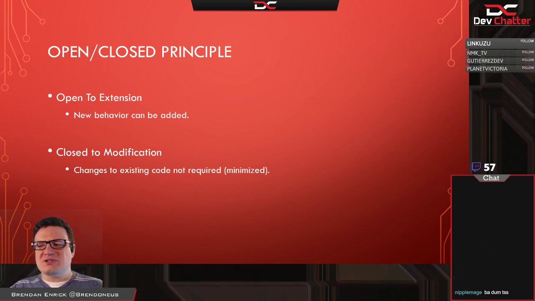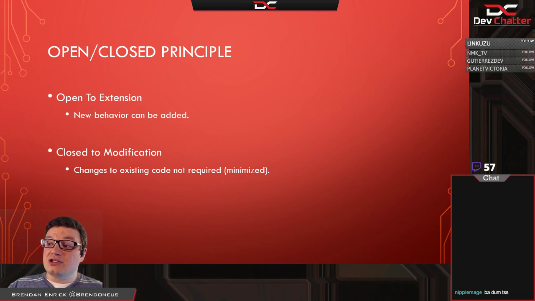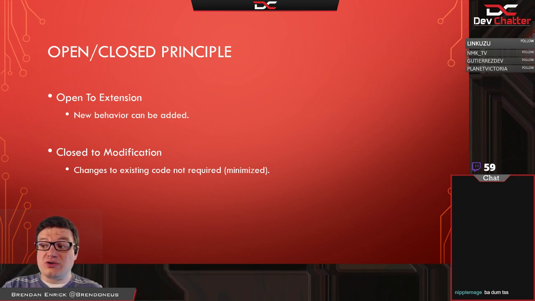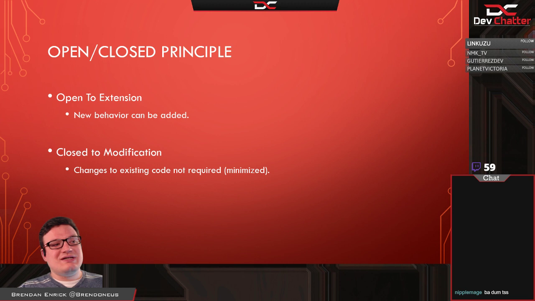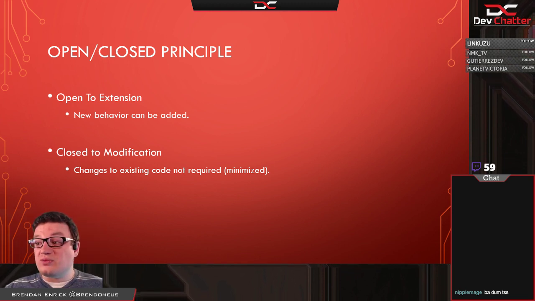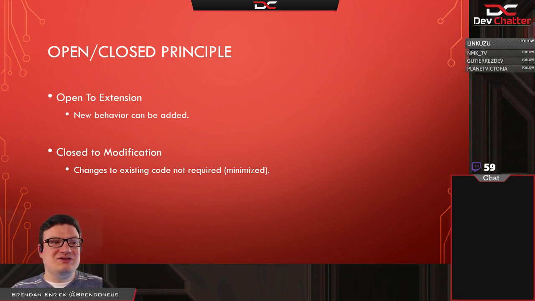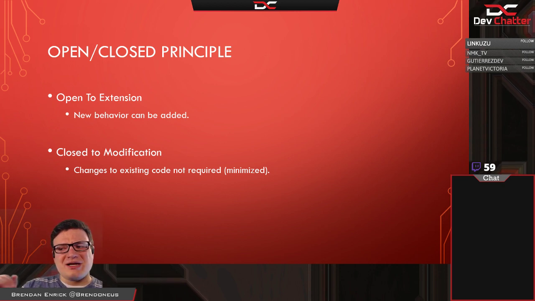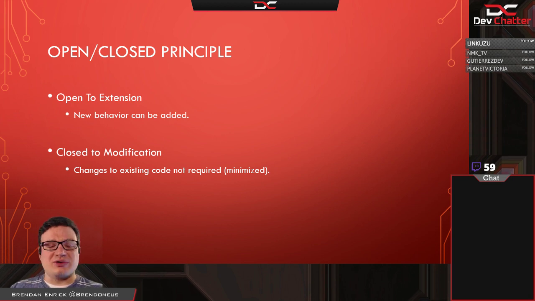And so the open-closed principle says that you shouldn't be doing that. You should find a way to add that new behavior, these new features you keep trying to add, without going in and changing the code again. So we say it's open to extension, so that means adding new behavior, closed to modification, so we want to minimize the amount that we need to change the existing code. And I added the minimum there. Most people don't say that one. I say minimize because there are some instances where you can make a minimal change, but the goal is not to really add a change to it.